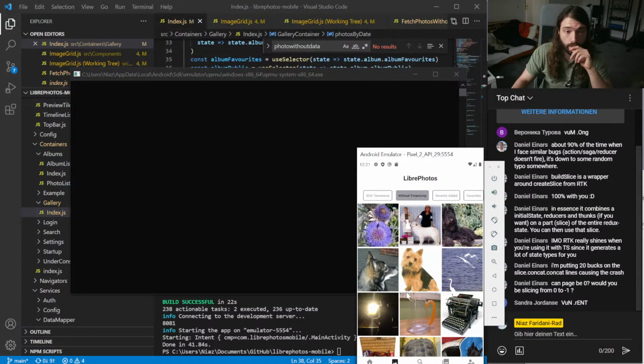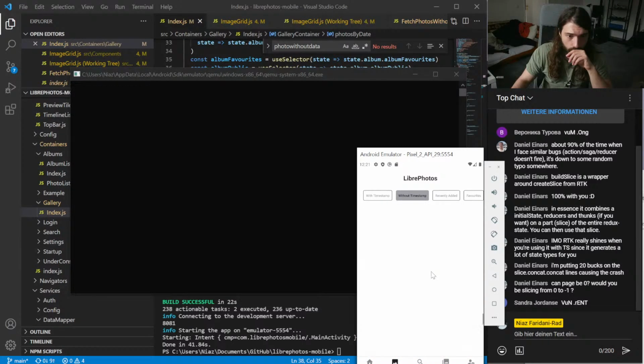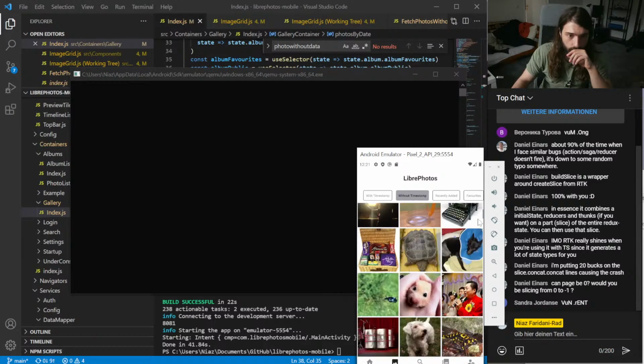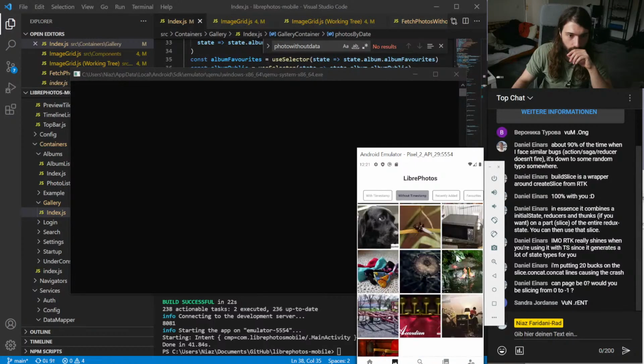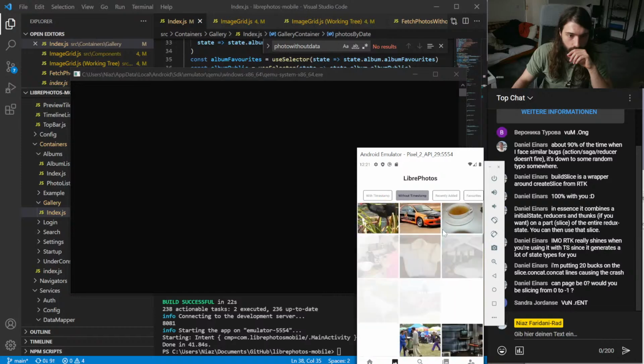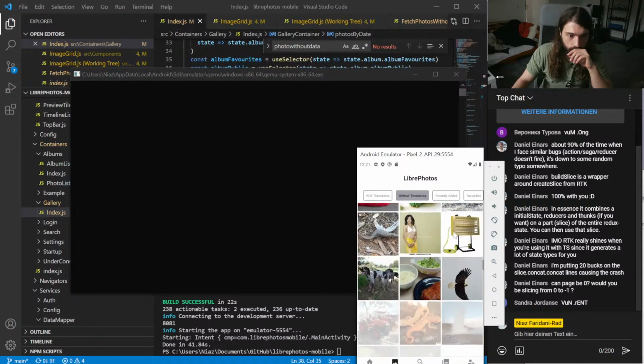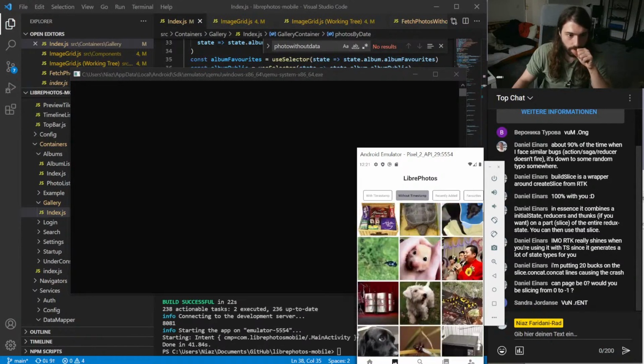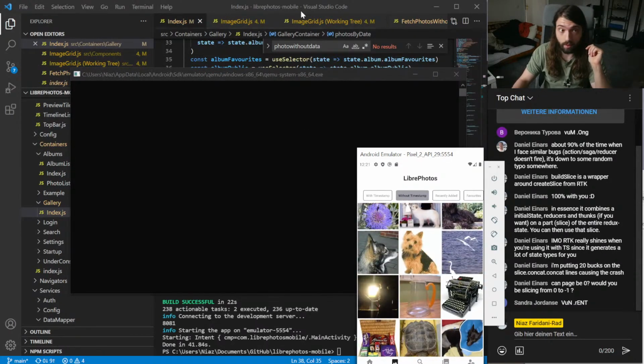And we load that. Awesome. And now it's still only like 100 images. So we have to work on that, I guess. But that's definitely progress. All right. So I figured that one out.